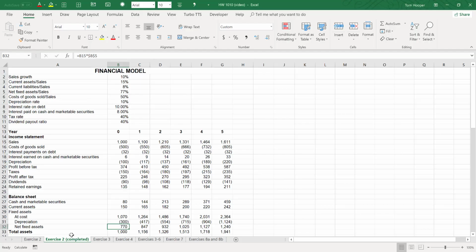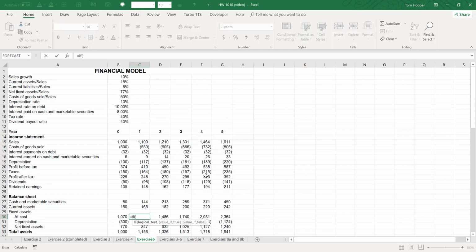So let's go back to the model, copy exercise 2, rename it as exercise 5, and then we'll go to fixed assets at cost and put an if statement in cell C30. So let's write the if statement. If sales are less than or equal to 1200, then just use sales. Otherwise, do